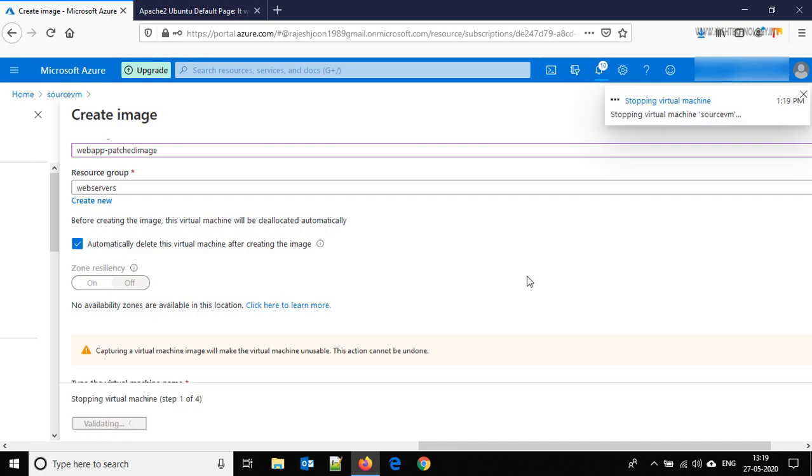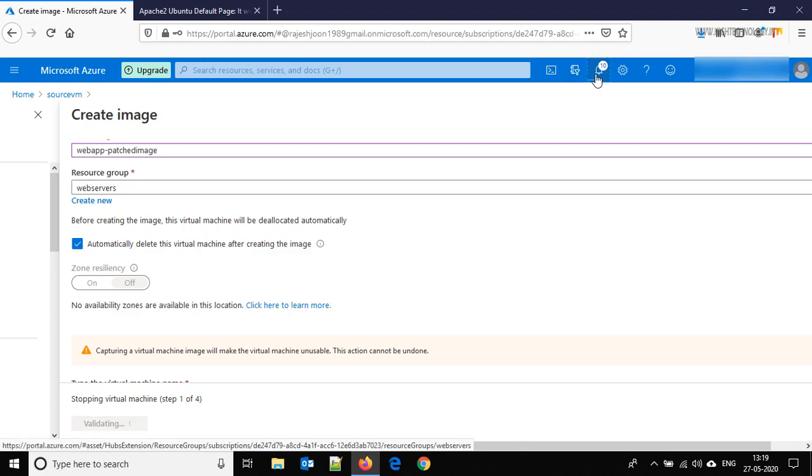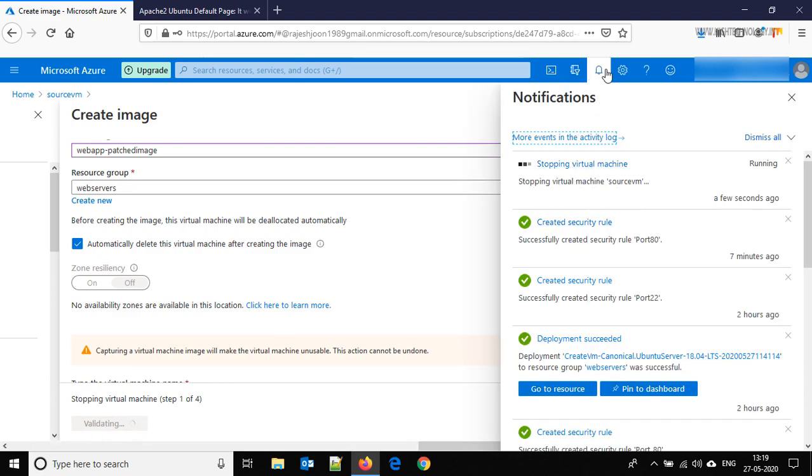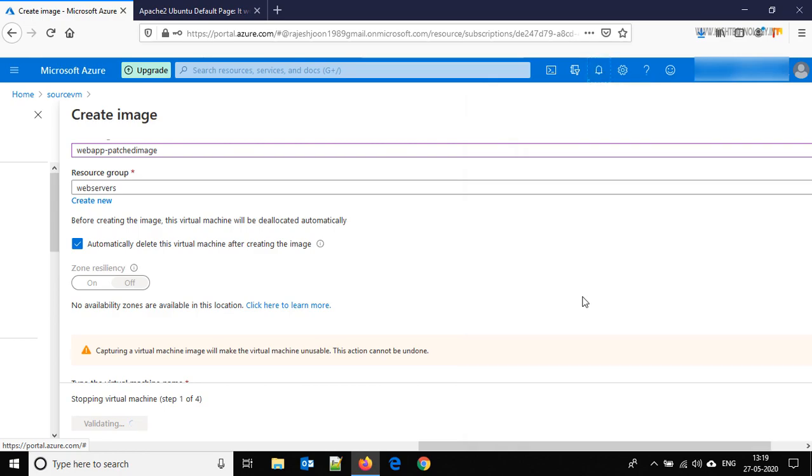Now there are 4 steps. The first of them is stopping the virtual machine, and you are going to see all of these here. It is going to take a while, so let's wait for that.